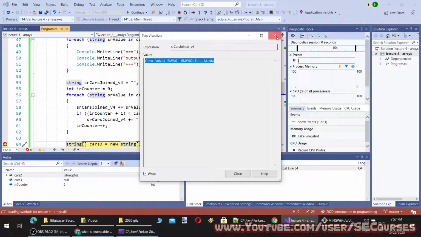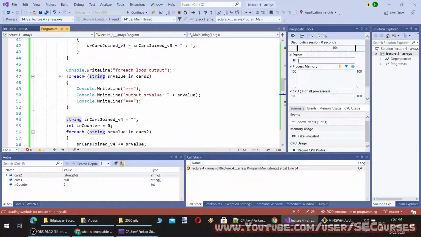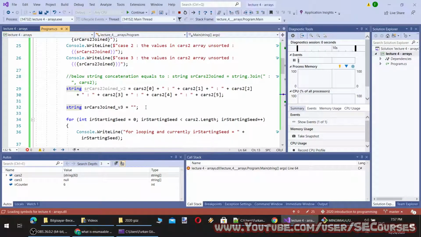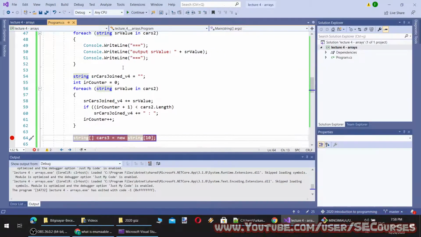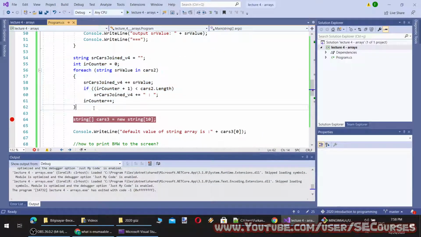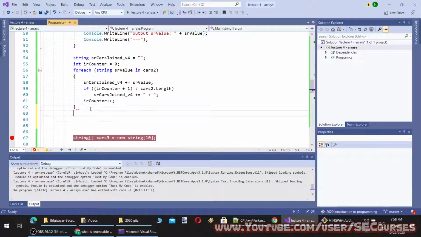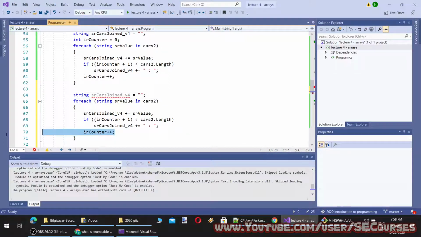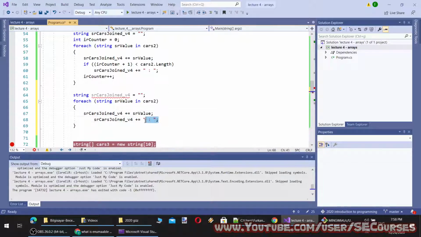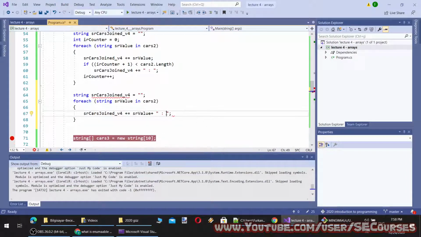You see, with foreach, with for, and with string join, I have obtained the same result. Okay. There's also one other option to show you. This time I'm not going to use a counter. I'm just going to add it like this. And since I know that there will be an extra string at the end, what I'm going to do is use